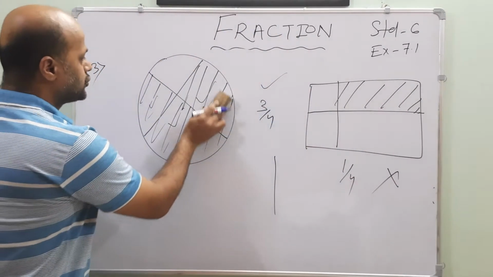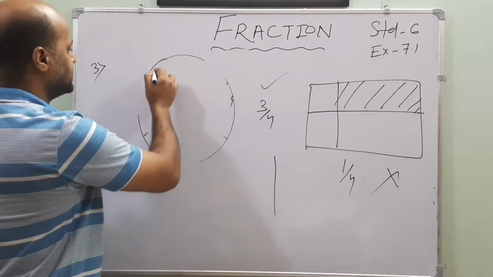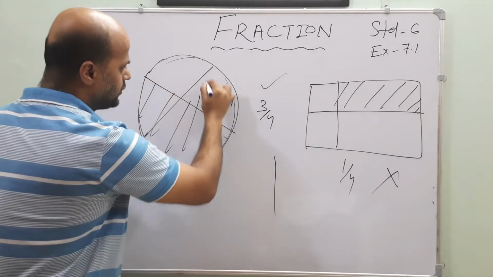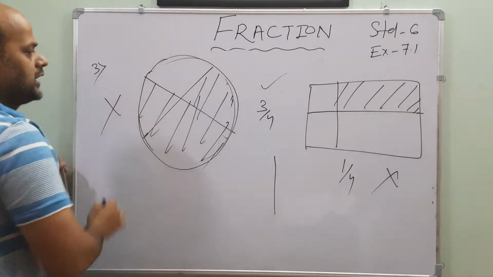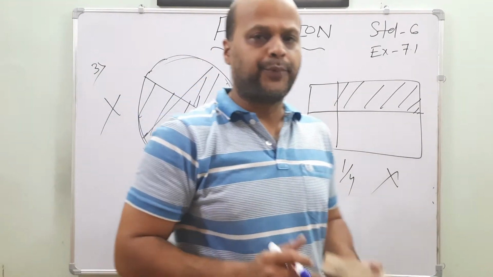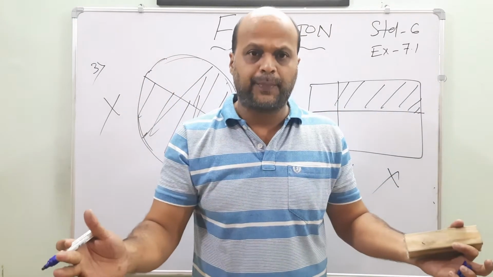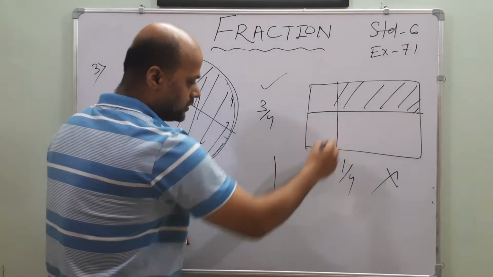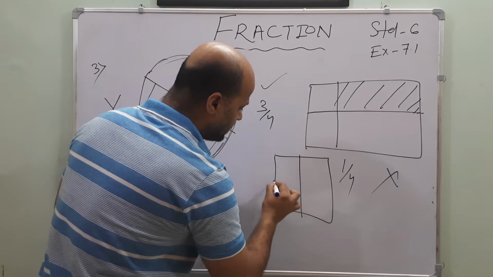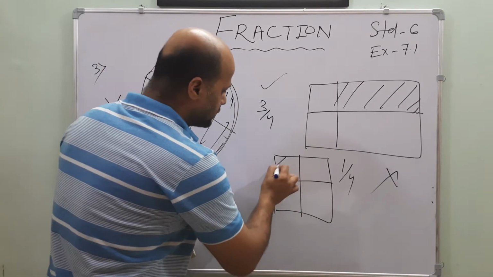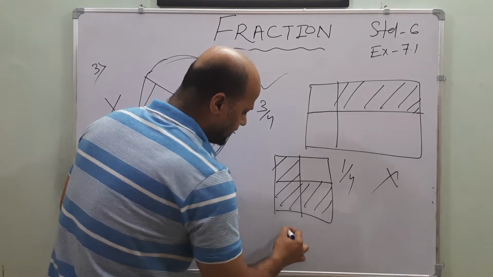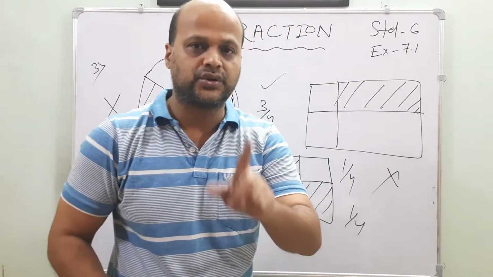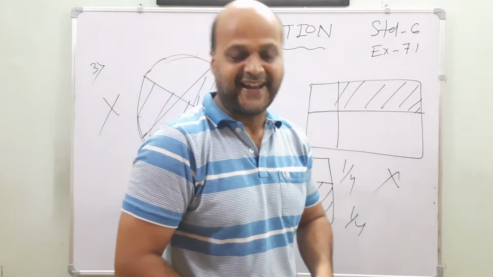This one is also, sorry for that one, if the picture is like this, okay? And saying it is divided like this. It is shaded like this. This is also not the 3/4 part. 3/4 part means the total part is divided into equal parts. If they are divided into equal parts, then it is correct. Here it is wrong. If I draw it and I divide this box into 4 equal parts, then after that if I shade this one, then it is correct. It is 1/4 part. But here the picture is not divided into equal parts, so it is not correct. Understood? Okay. And this way you have to solve.